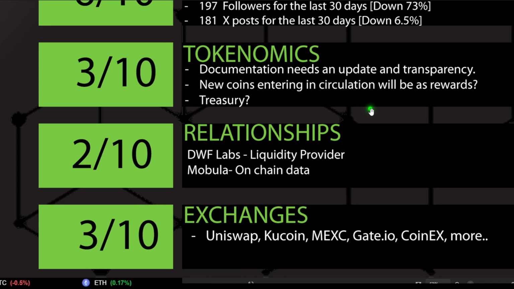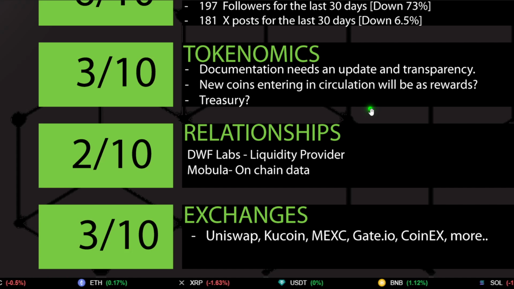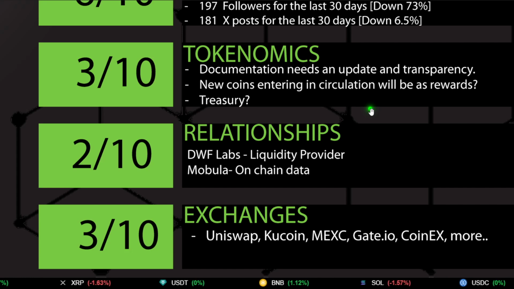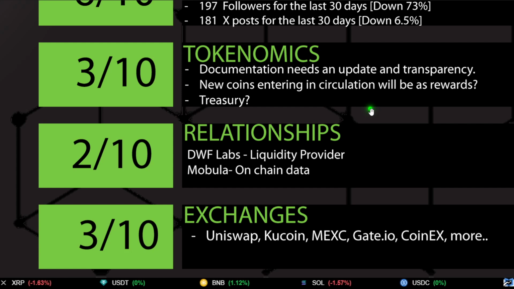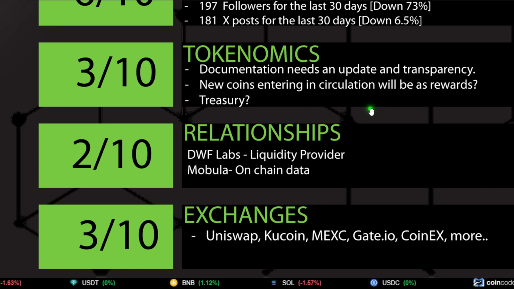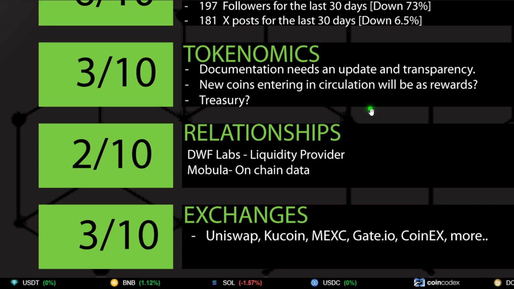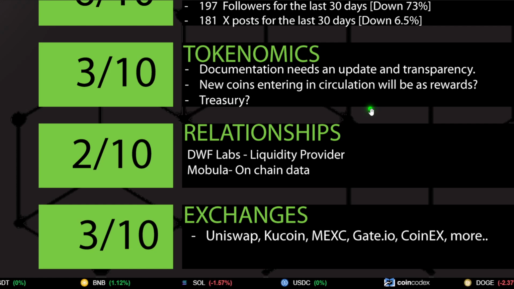Tokenomics: documentation needs an update and transparency. Guys, as you note, I didn't see anything. There's no vesting. Okay, maybe there is no vesting, but I see tokens there that are unaccounted for. I don't know where they are, which wallets they're in, how they're going to be released, who's in control of those tokens. I don't know anything. And there's no emission schedule. There's nothing. The treasury, where is that? Who owns the treasury? Is it in a multi-sig? What's going on? I don't know anything about anything with regards to tokenomics. And unfortunately, that's a problem.